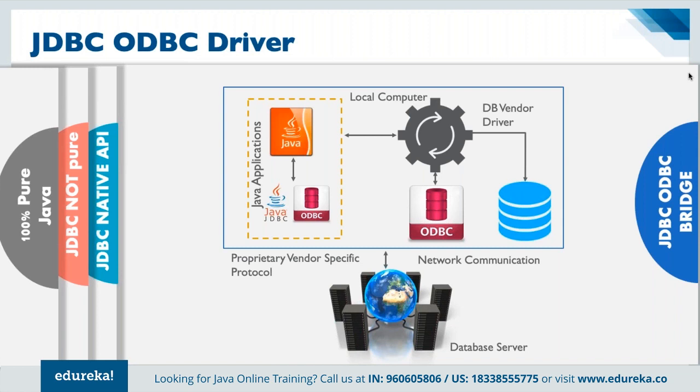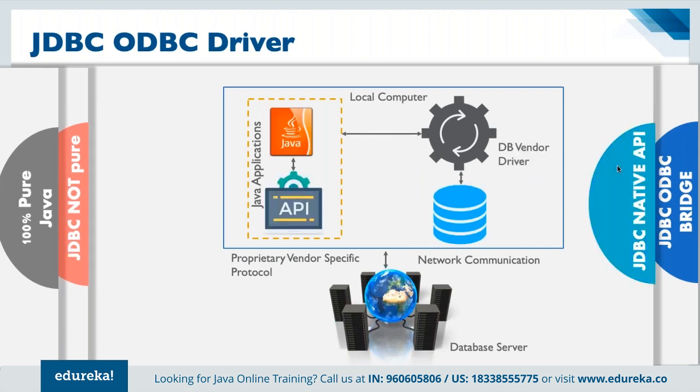Then the next layer is the native APIs. Native APIs help in getting connected. As we had discussed here, the JDBC drivers are simply used for getting connected, and then we have the native APIs through which we can set up the bridge between the database and